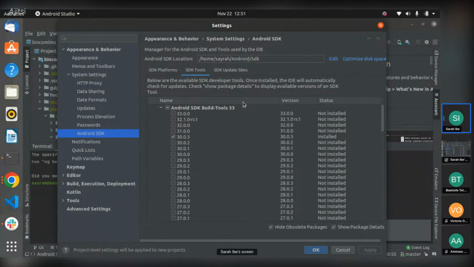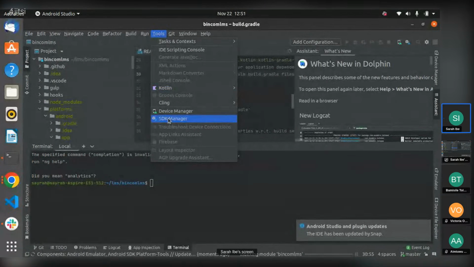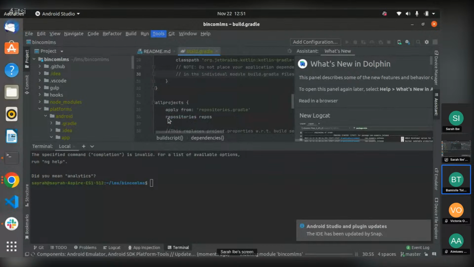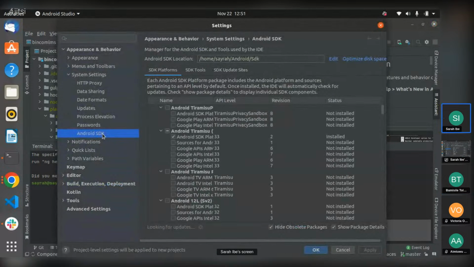So one of them is the Android SDK, that is Android Software Development Kit. You get that under your tools, the SDK manager, then your Android SDK.